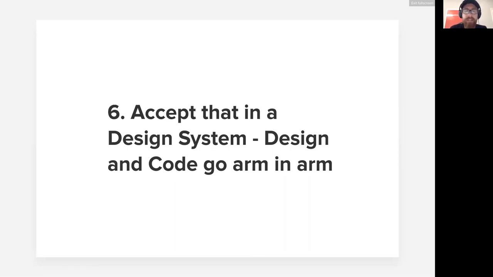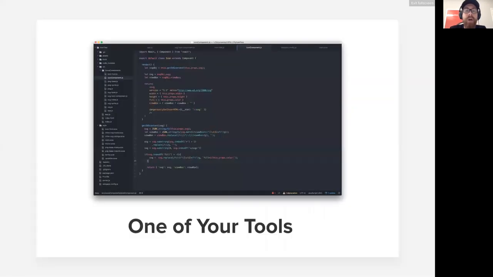It doesn't mean that they are the same, but definitely, as part of the process, the design system is the place where these two converge. A story that I'm going to share on Medium in a couple of hours is all about icons and managing icons in the design system. And that's an example in which the code editor becomes one of your tools in a design operations team, because you